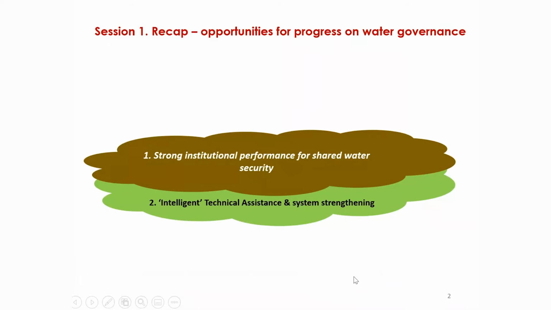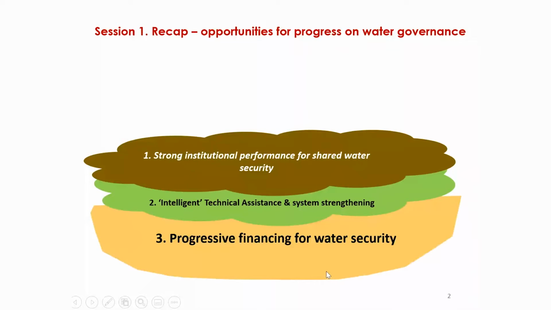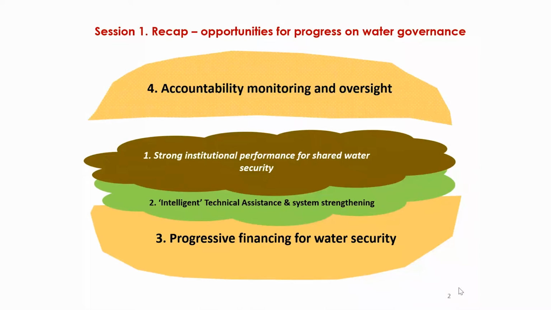call our burger of change. We're interested in strong institutional performance for shared water security. And in terms of the roles of FCDO, what an opportunity there is to provide intelligent technical assistance and system strengthening. We also need to look at the financing for water security to address the huge financing gap. Yeah, to close the financing gap, and we discussed, water institutions need strong accountability monitoring and oversight because of the